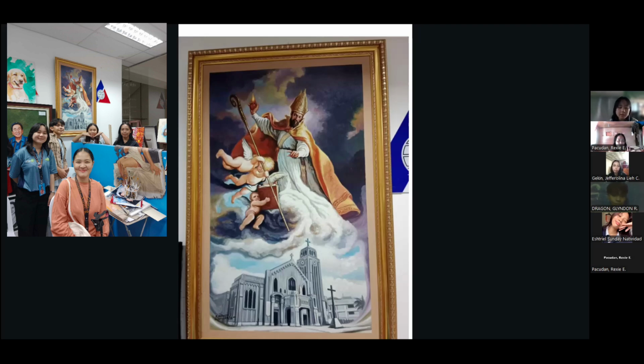So as you can see, the painting portrays a religious scene. The main figure here appears to be a religious leader. We can assume that it is a saint or bishop indicated by the liturgical headdress called a mitre and the staff. These are symbols commonly associated with the Catholic Church, the authority in the Catholic Church.